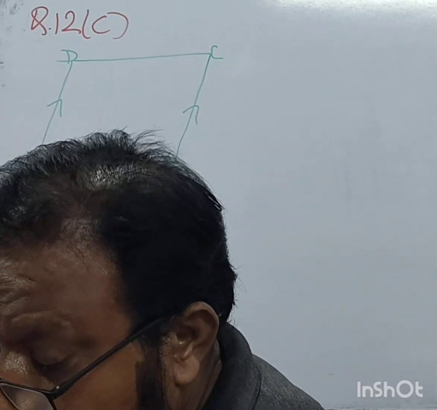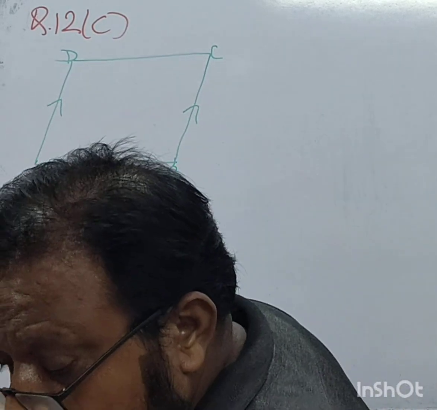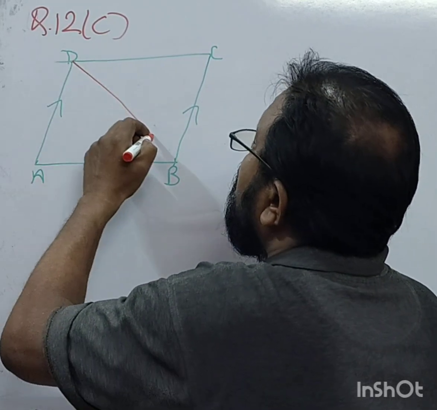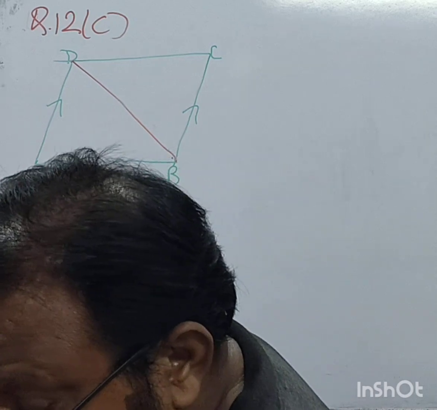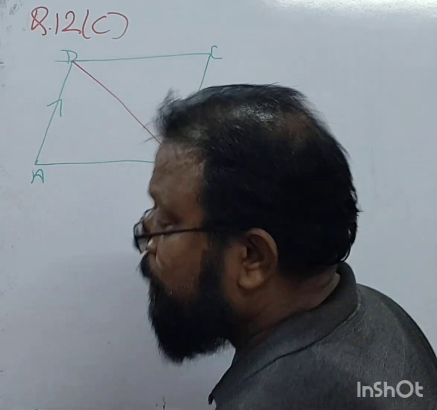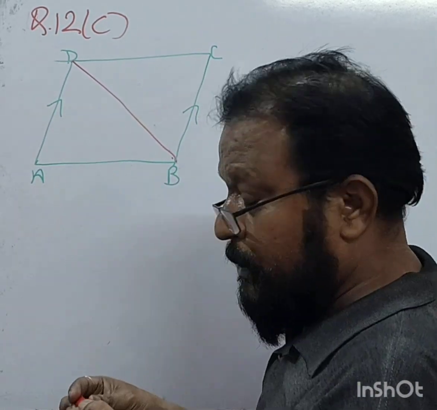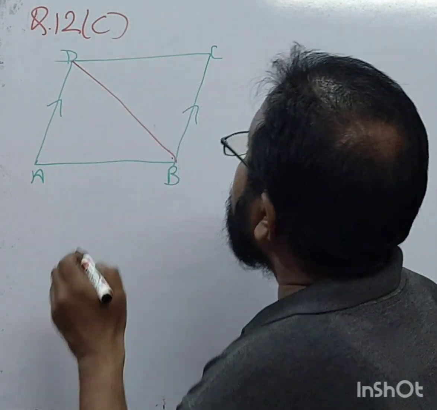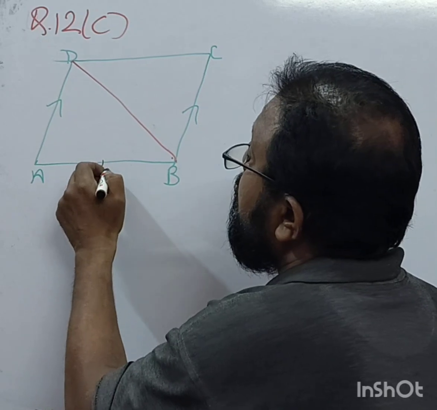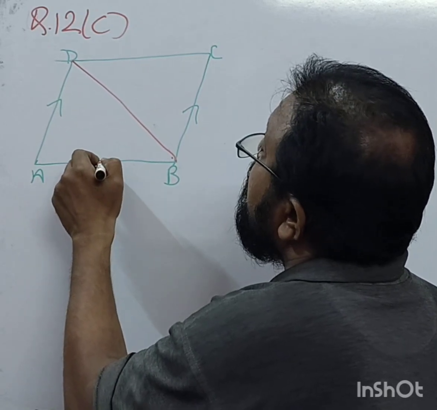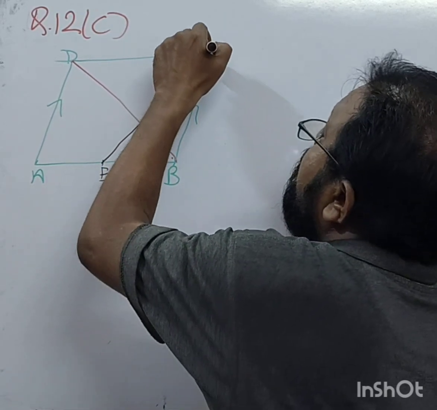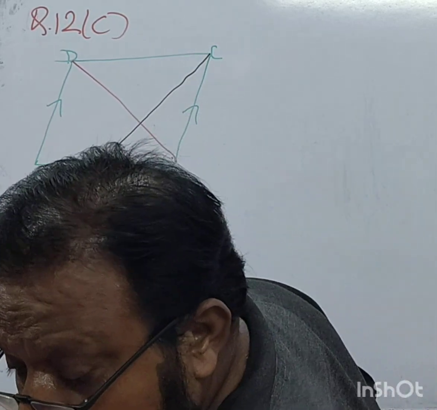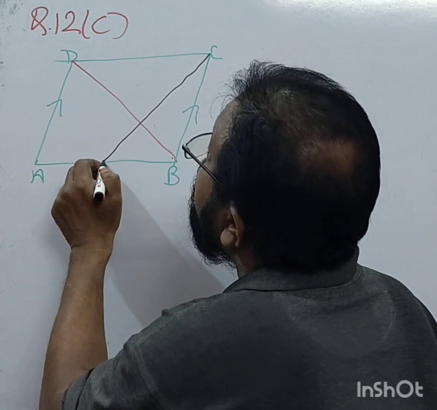Right? And there is diagonal. This is the diagonal DP, and there is a side E. There is a point E. So CE is like this. This is CE, and CE is parallel to EF.